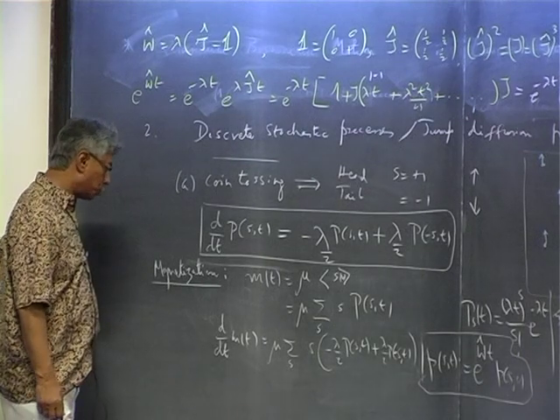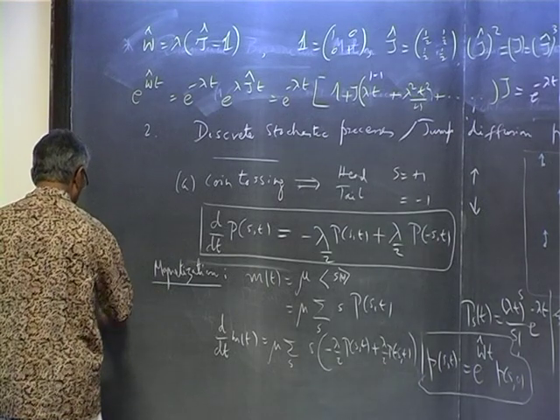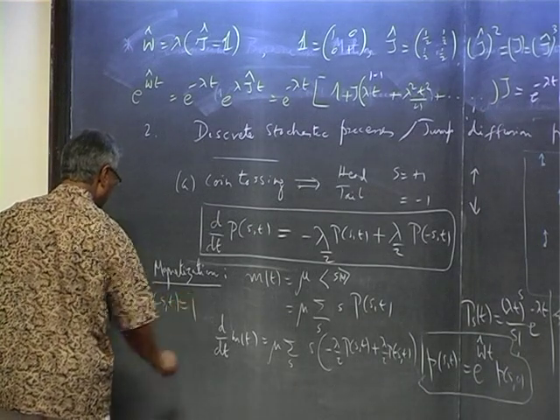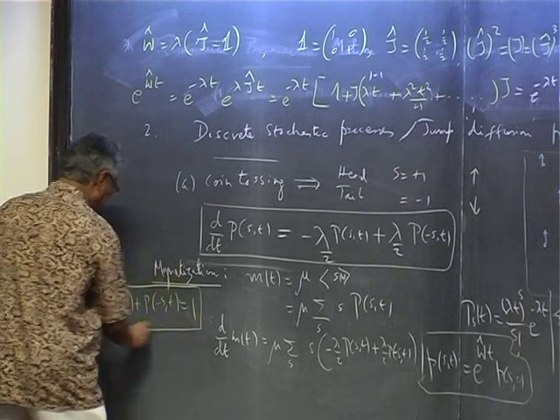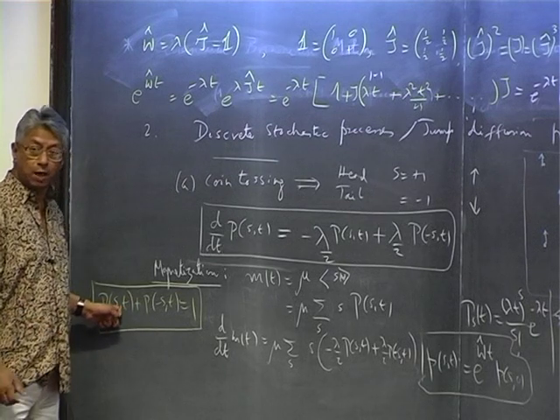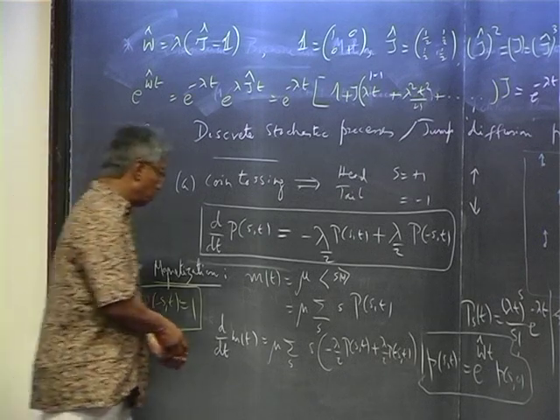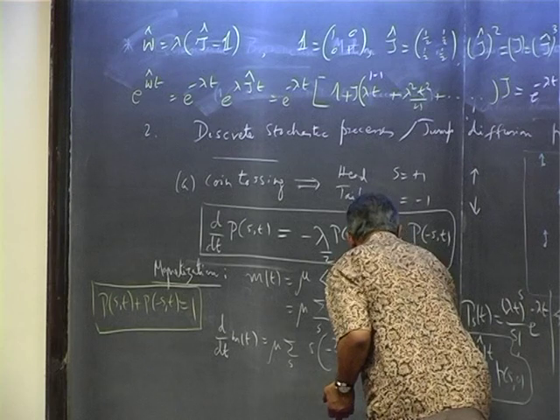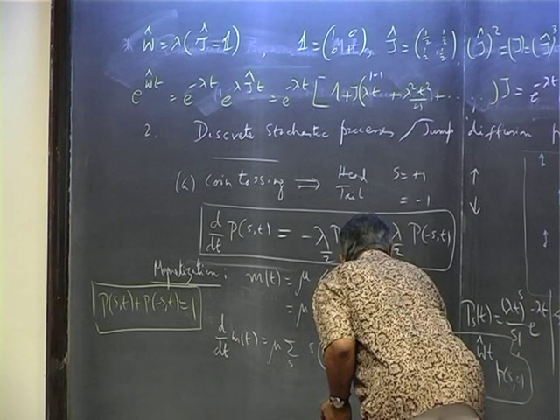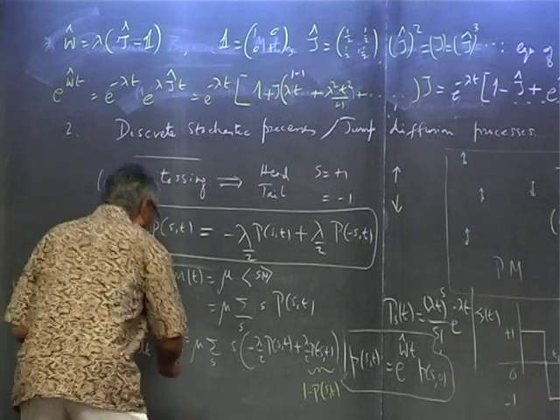which is also a postulated master equation for the probability distribution. Now, of course, this equation can be simplified by using the fact that P of S comma t plus P of minus S comma t is actually 1. Conservation of probability, because I'm allowing only two values, S and minus S. So for any given S equal to either 1 or minus 1, I have this identity. So I can write P of minus S comma t as 1 minus P of S comma t. Then I get